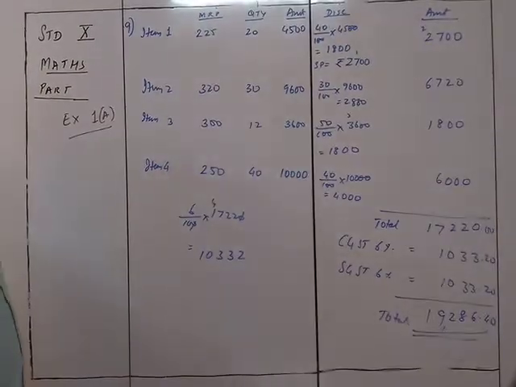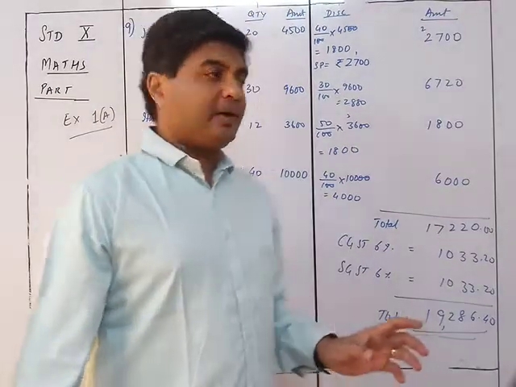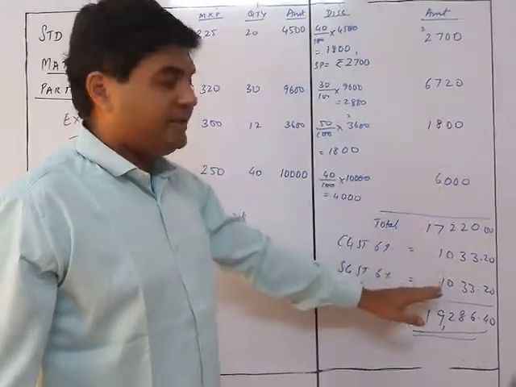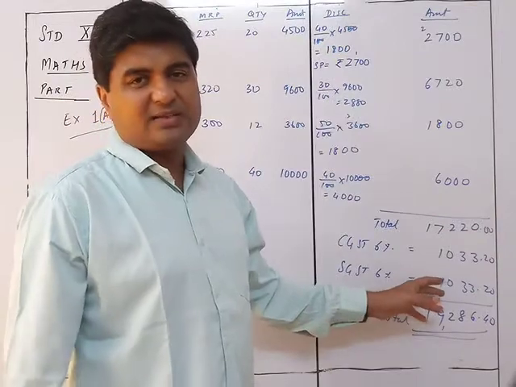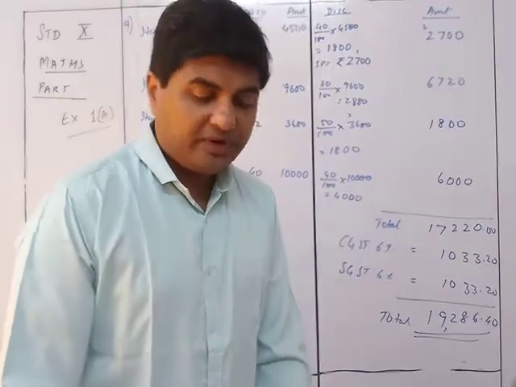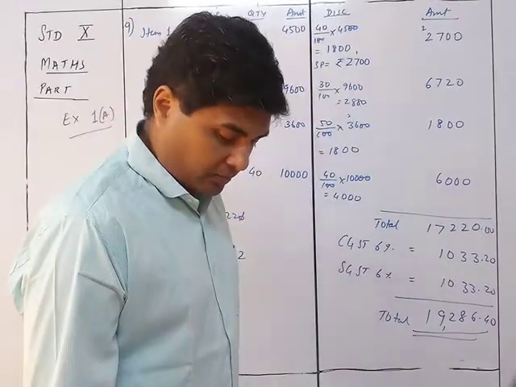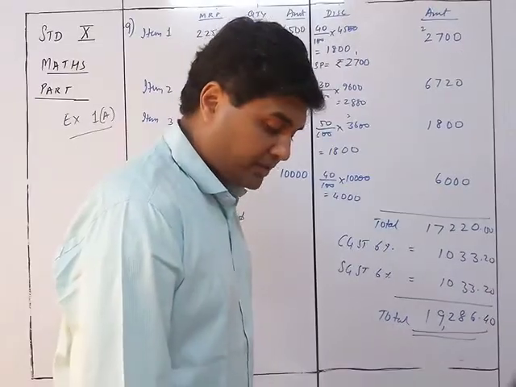So whenever it is given that the rate of the tax is the same, then it is better to take out the total and then take the tax, rather than individually taking the tax, because individually taking the tax will be painful. Every time you take 6%, 6%, 6%, it becomes difficult, the sum becomes too lengthy.